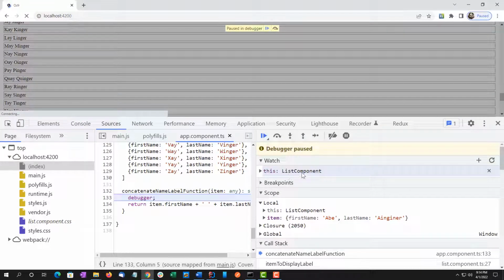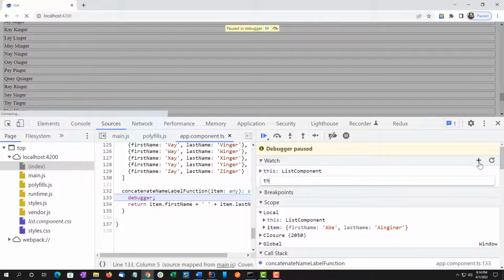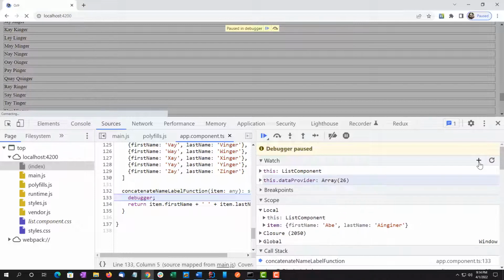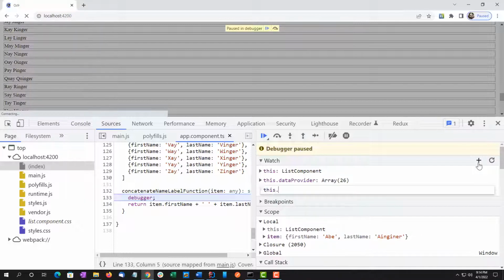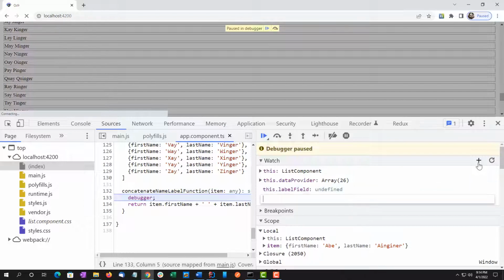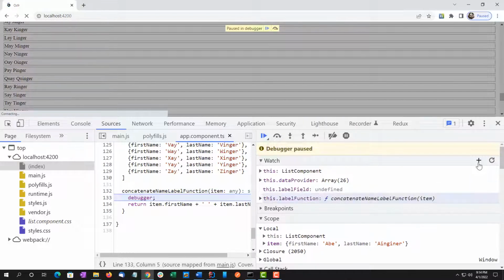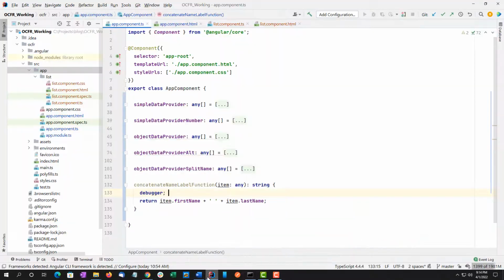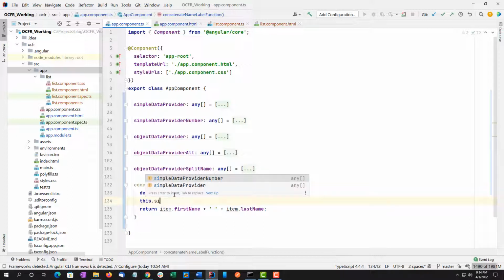So this here is the list component. So we'll have access to things like this dot data provider, this dot label field, this dot the label function. It's often very confusing, because inside this method it's not obvious the first time you run into this. If I try to access this dot simple data provider,